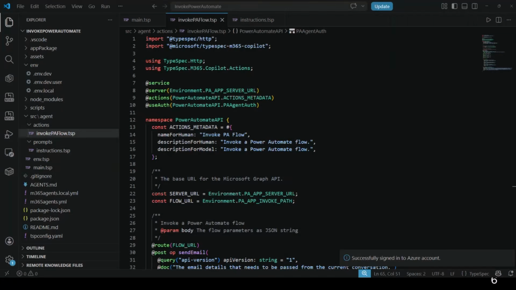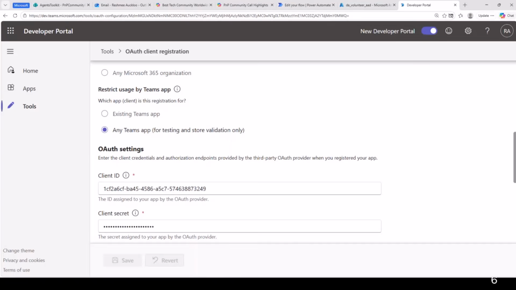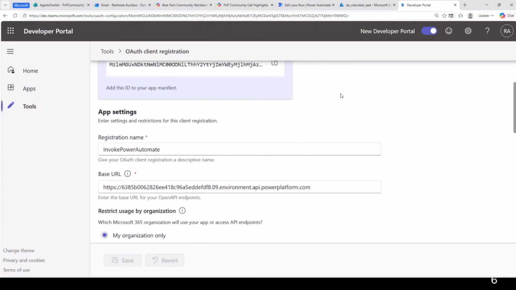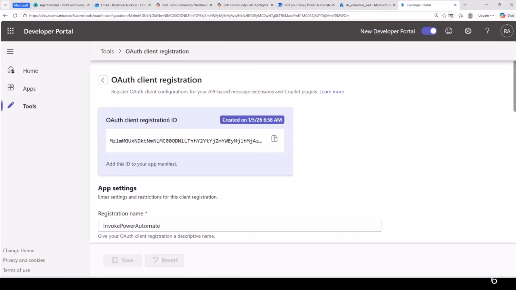Now, if we go to the code of the solution: once I have my app registration and I've registered it in my Teams developer portal, what I will get, just to show you one last thing, is the auth client registration ID. That's the main important information I need for my